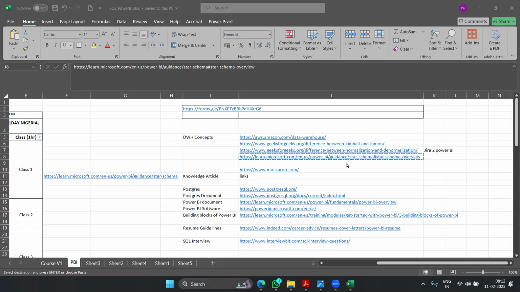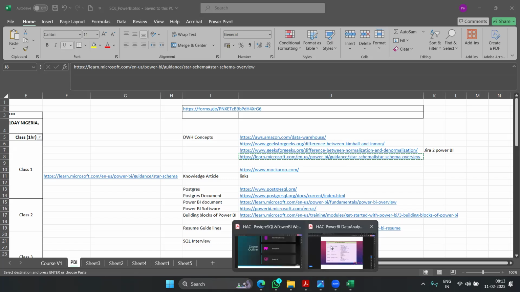Okay. The success of our Power BI developer role is going to depend 50% on how effectively we are understanding our data. That is the reason I have kept data warehousing concepts as the first class. Because in every field, without the fundamentals, we are not going to excel, right? Whatever field you take, it's very important that we learn the fundamental concepts and what policies we need to follow. And that is where we are going to touch base on all these things,